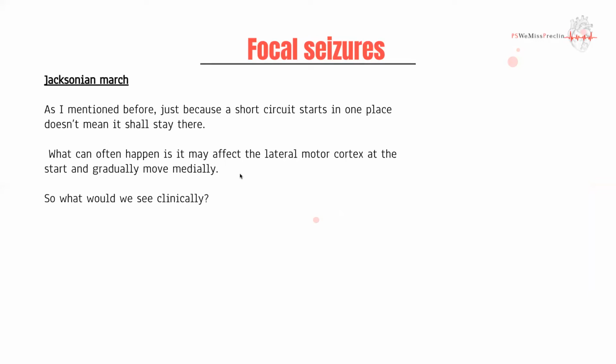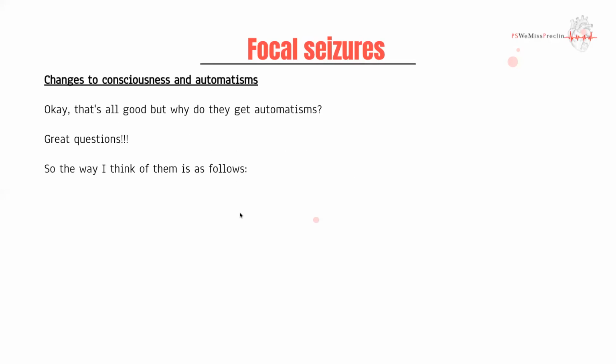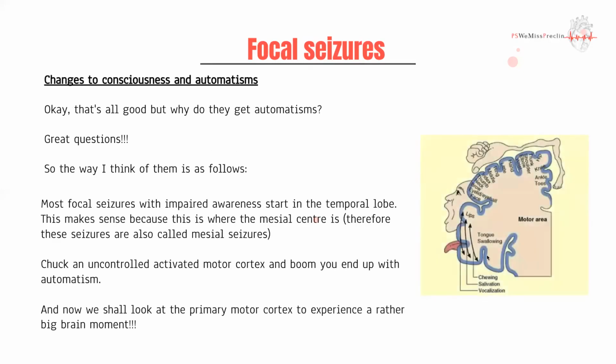So going back to our previous example with the, let's say, with the homunculus man, let's say if you have a seizure that starts here and the person starts off with random movements of the face and the upper limb, twitching their neck and so forth, gradually this spreads, right, from lateral to superior.